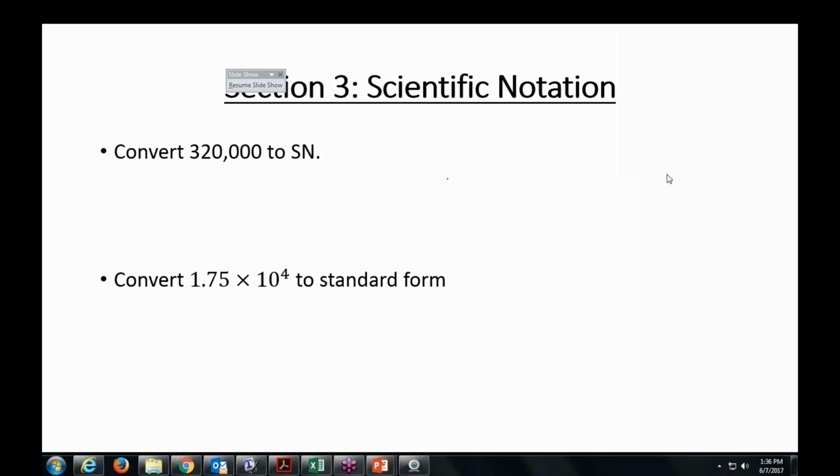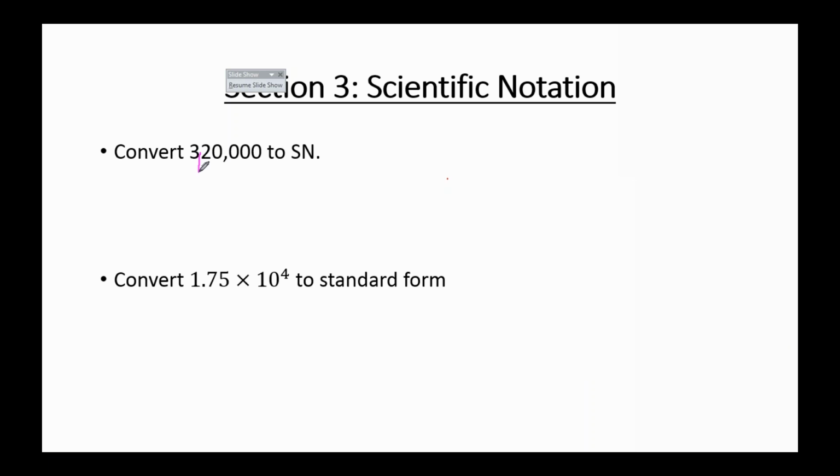Okay, so this first one, convert 320,000 to scientific notation. You should probably know that I'm lazy, so I will use a lot of shorthand when I create things. So SN is scientific notation. First things first, 320,000, we would consider that to be a large number. It's large because it's bigger than 10. We want the first number to be between 1 and 10. So where am I going to put my decimal point so that the first number is between 1 and 10? The decimal point should go after the what? 3. Thank you. So we're going to put the decimal point here.